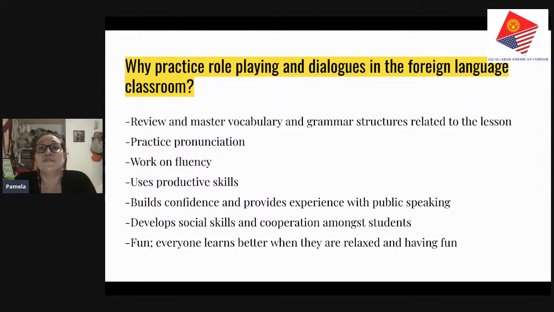And it's fun. So everyone learns better when they're relaxed and having fun. So you can really encourage them to not be too serious with this kind of stuff, because we always learn better when we're not very nervous. If we are nervous, then we're not thinking about what we are saying. We're thinking, oh, the teacher's going to get mad at me if I make a mistake,